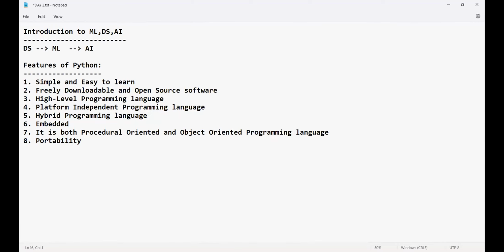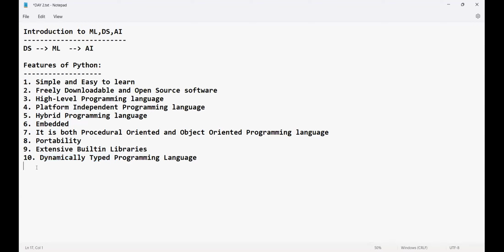Next, because of extensive built-in libraries, and Python is a dynamically typed programming language. Just now I told you extensive built-in libraries are there in Python. That's the reason many of them will be using it. And what is the meaning of a dynamically typed programming language? What makes a programming language to be used? If it is dynamically typed, I'll tell you.